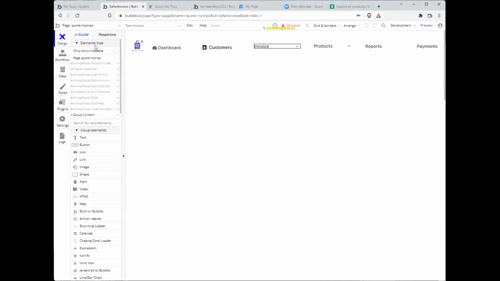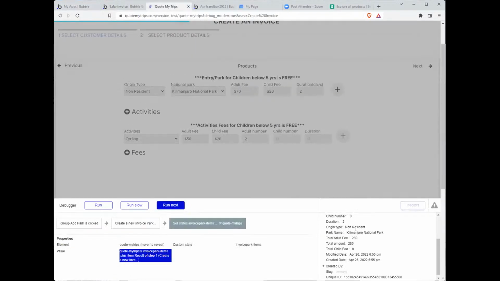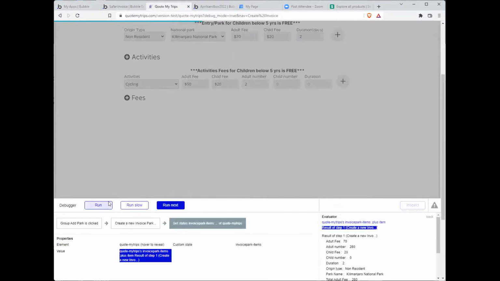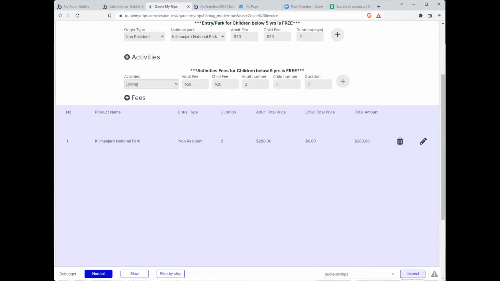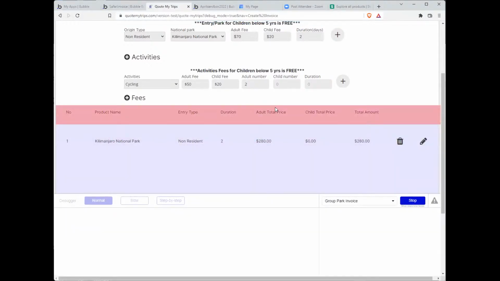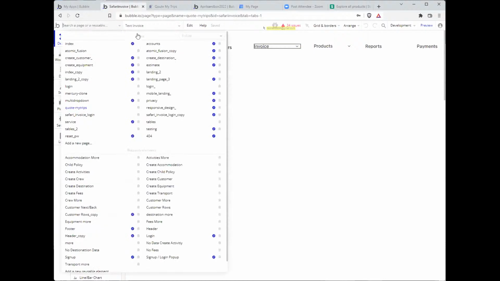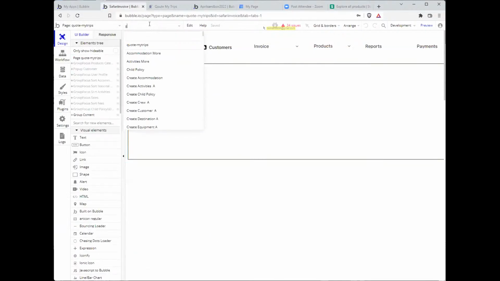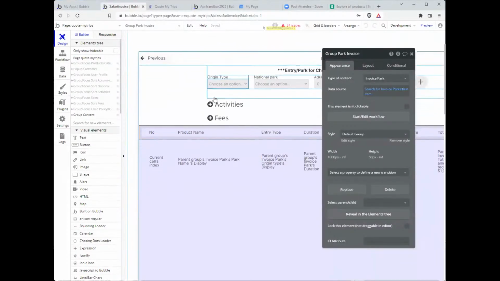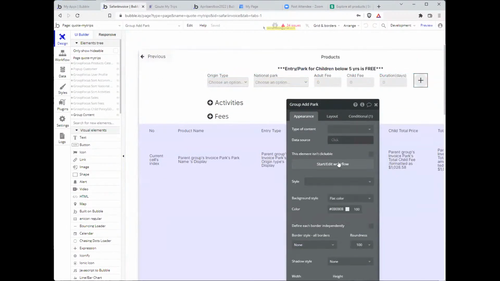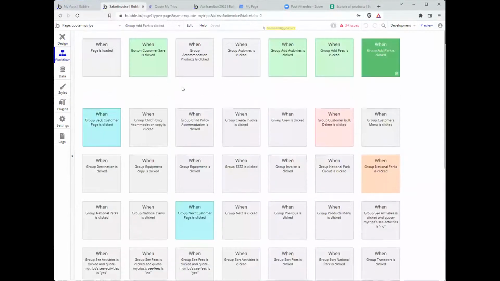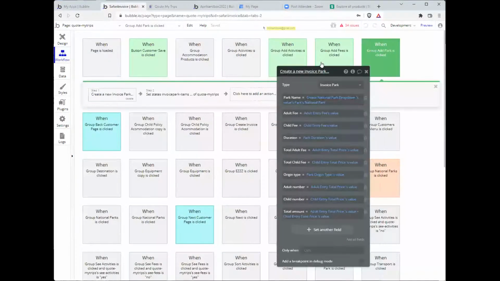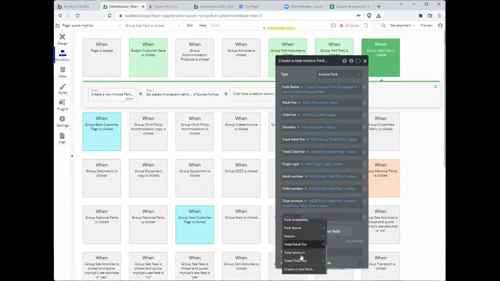where would I? You get it from here, this is called group park invoice. So I should just be able to, oops. Okay. So when we click this button, what we can consider doing is,